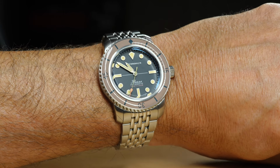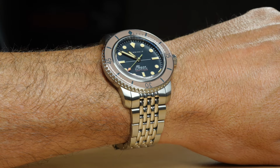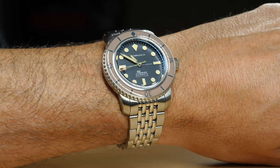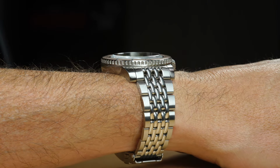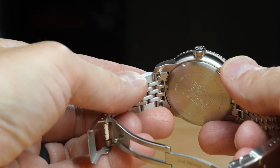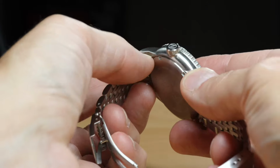Now let's get into this bracelet. With the Fleuss limited edition, you get 2 options when it comes down to how you want to wear the watch. First is the Beads of Rice bracelet. This bracelet is 20 millimeters and tapers down to a great 16 millimeters. You get solid end links, micro adjustment with diver's extension, plus the bracelet has quick release function that allows you to remove the bracelet